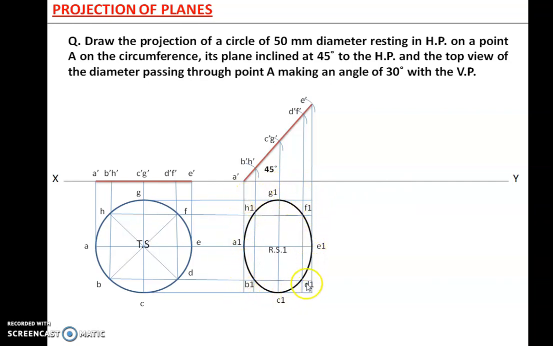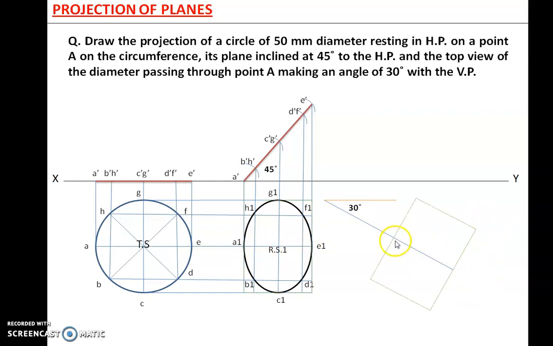So you can see here, it is a rectangle in which we have the ellipse. Now first draw a reference line. It will be just a reference line parallel to XY. From here mark 30 degree, then draw a 30 degree line. On this 30 degree line your A1 E1 should rest. So this A1 E1 diameter should be resting on this 30 degree line.